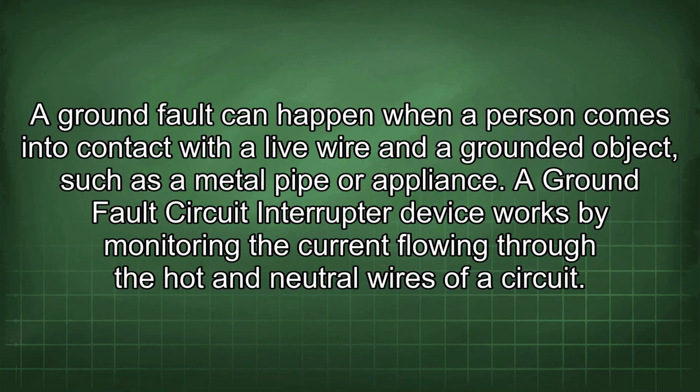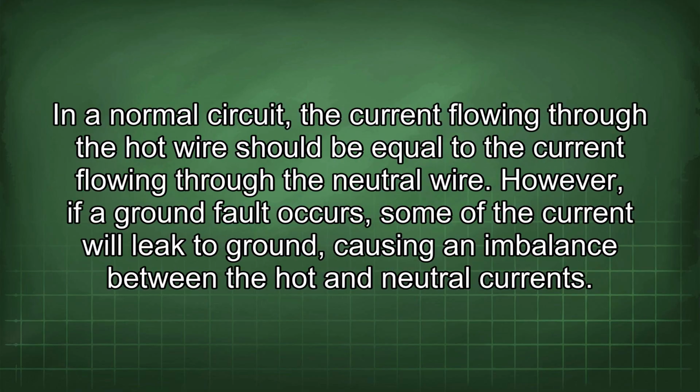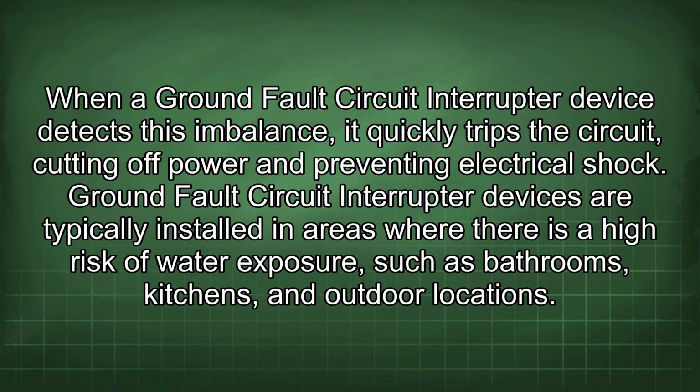A ground fault circuit interrupter device works by monitoring the current flowing through the hot and neutral wires of a circuit. In a normal circuit, the current flowing through the hot wire should be equal to the current flowing through the neutral wire. However, if a ground fault occurs, some of the current will leak to ground, causing an imbalance between the hot and neutral currents. When a ground fault circuit interrupter device detects this imbalance, it quickly trips the circuit, cutting off power and preventing